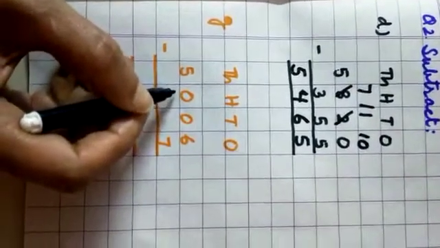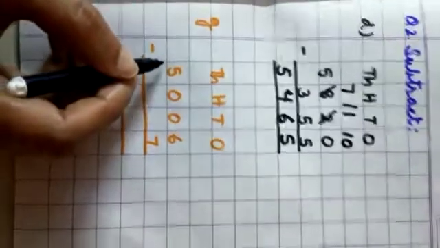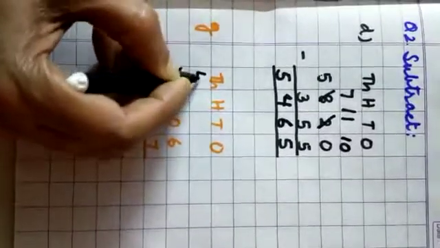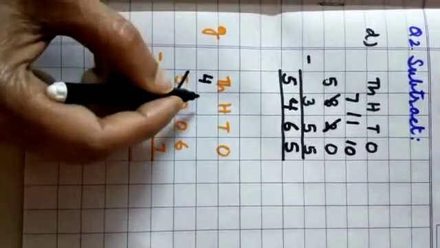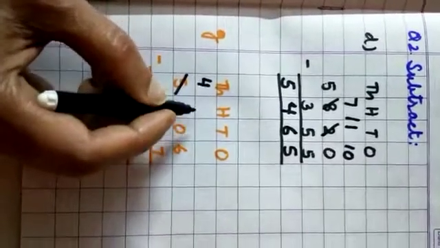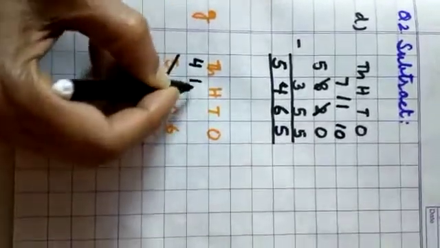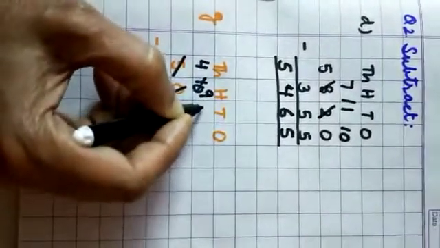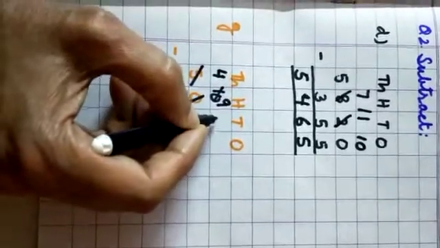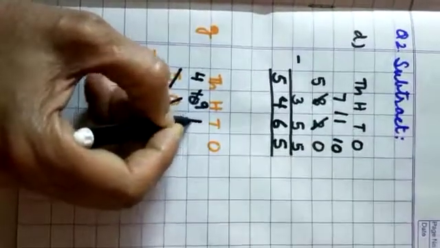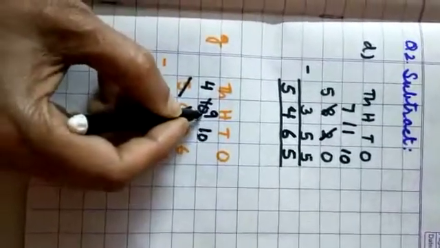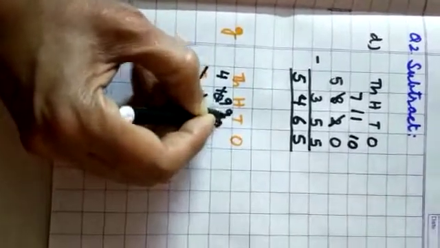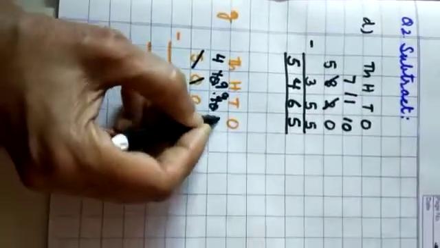This is again 0. We have to move further. This is now thousands place. We borrow. This will become 4. And 1000 is given to hundreds place. 1000 means this is 10. 10 will give 1 to tens place. This will be 10 and this will be 9. In hundreds we have 9 and this 10 will give 10 to ones place. This will be 9 and this will be 10.